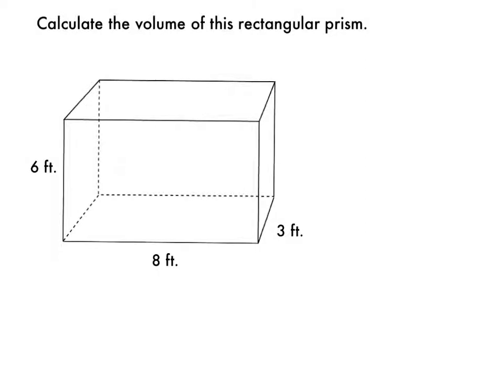Calculate the volume of this rectangular prism. First, let's figure out the length, width, and height. So 8 feet, this is the length. 3 feet, that is the width, and 6 feet, that is the height. So if I go to fill in my formula for volume, I want to remember V equals L times W times H. So volume in this case is going to be 8 times